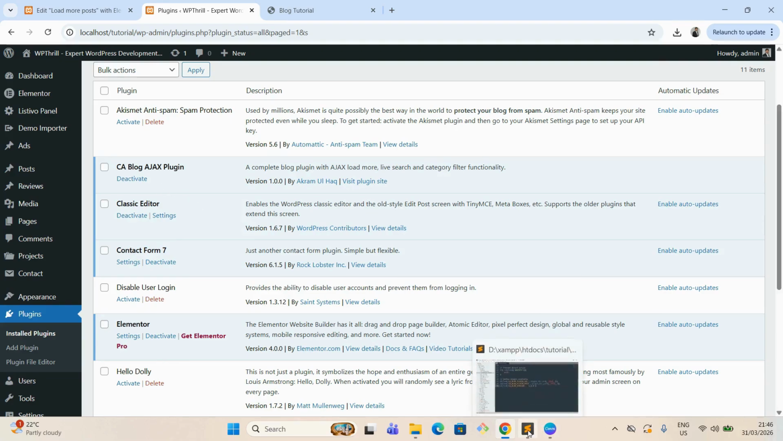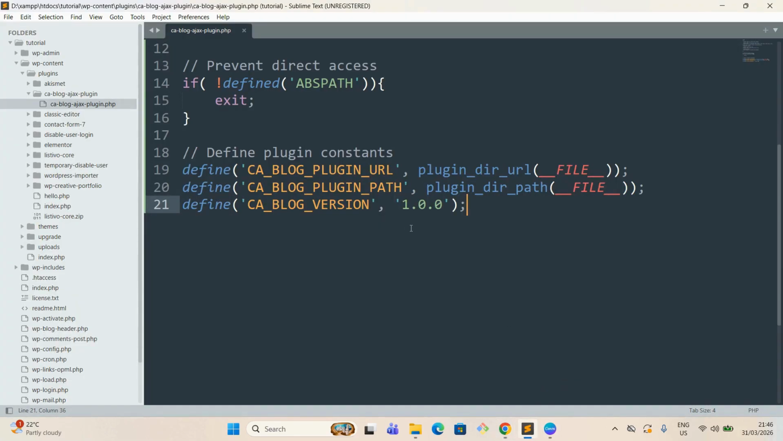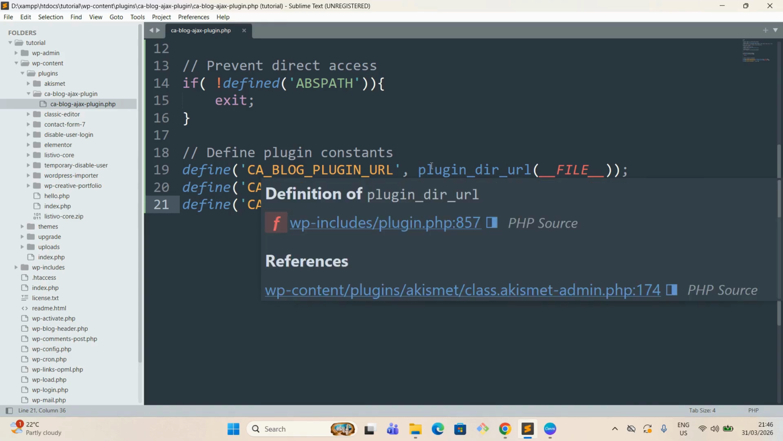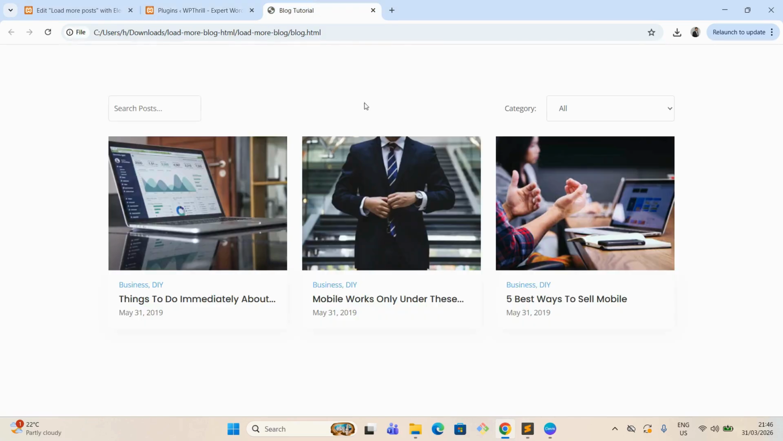Okay, all right, perfect. So what's next, what we can do? First of all, we can simply create our first class. Okay, so what that class will be doing, that class actually will be registering our assets. Okay, so what I mean by assets, if you check this HTML, okay, so to